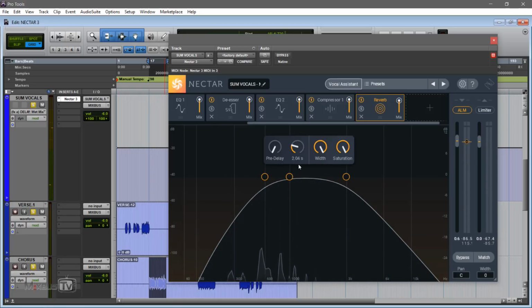Okay, I turned the decay up so we could hear the tail. It sounds, again, really nice. It's not too harsh, it's not too distorted, it's just a little bit of saturation. I don't know if for this track I would use it, but yeah, let's add some. And I would add some pre-delay, not much. Let's say about